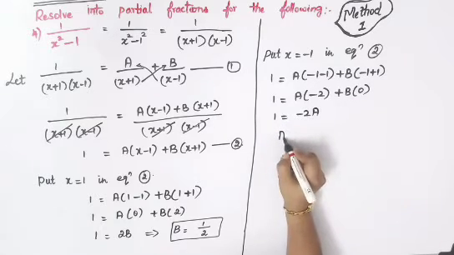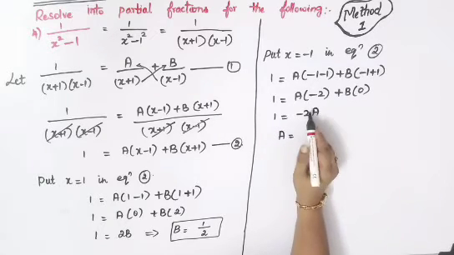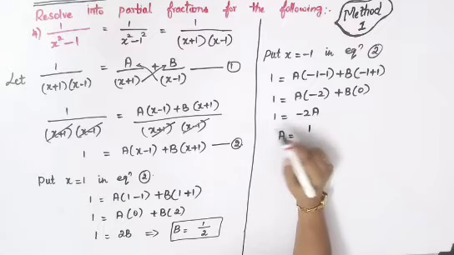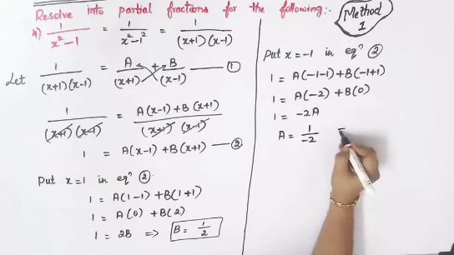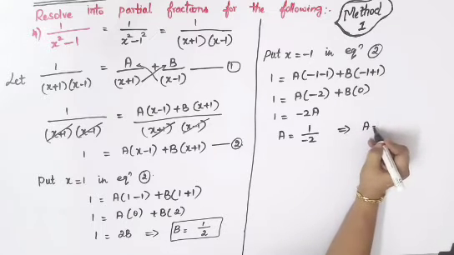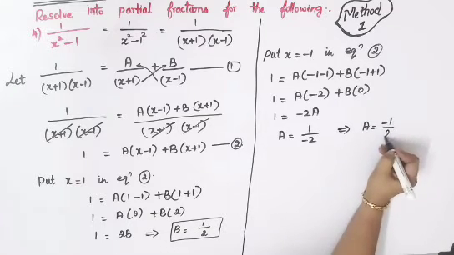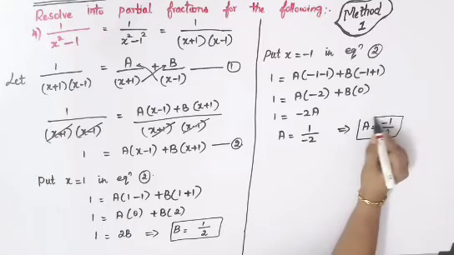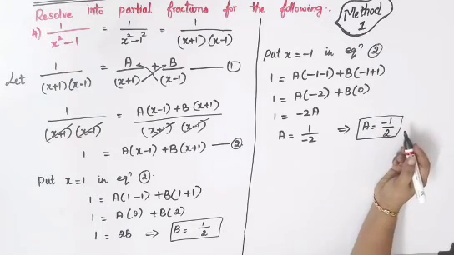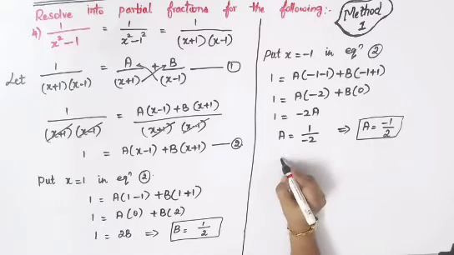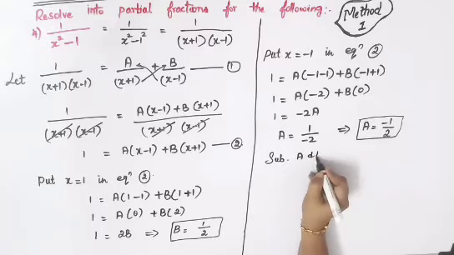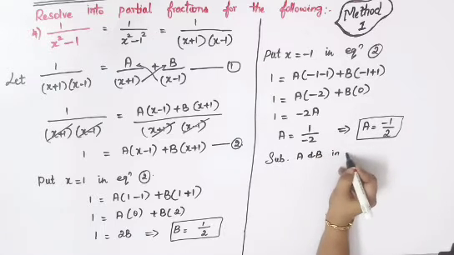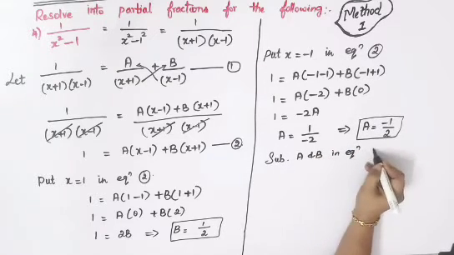So a is equal to 1 divided by minus 2, take this minus 2 towards your left hand side, so it will come to the denominator as minus 2. Otherwise a is equal to minus 1 by 2. So this is your answer for a. Now you have got a and b, just substitute both a and b in your equation 1, that will be the last answer.